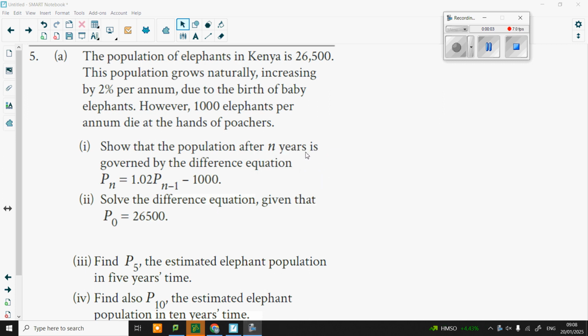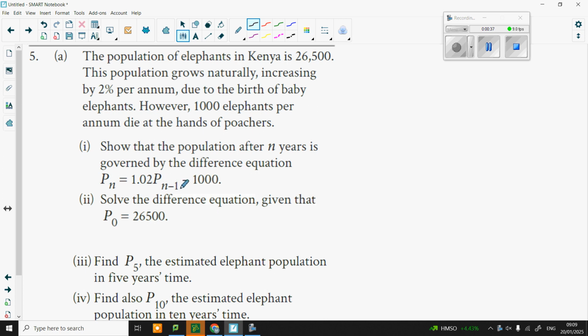The population of Kenya's elephants is 26,500. The population grows naturally, increasing at 2% per annum, due to the birth of baby elephants. So that's only taking into consideration the birth rate. It doesn't consider the natural death rate, does it? It just seems to be considering the poacher death rate. Does that make sense? Now, show that the population after n years is governed by the formula difference equation